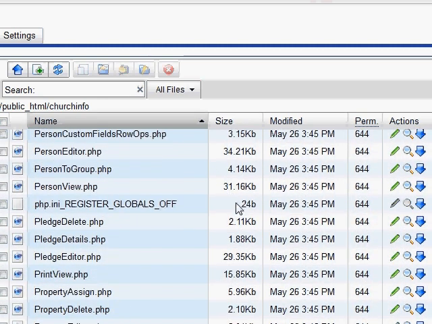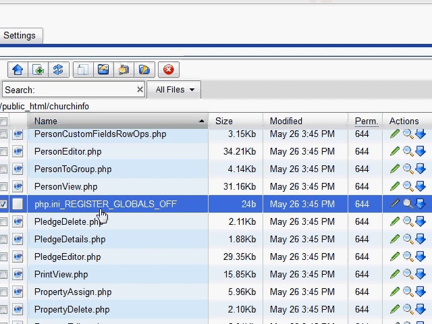To simplify things, this happens often enough that we distribute a file called php.ini underscore register globals off. That file contains one line that turns off register globals. If it's called php.ini, we just need to rename it to php.ini,